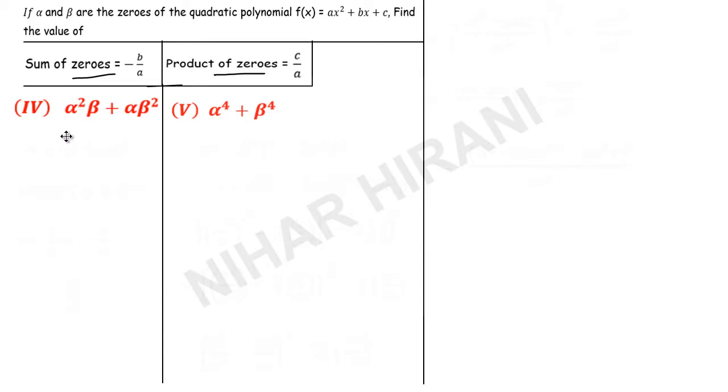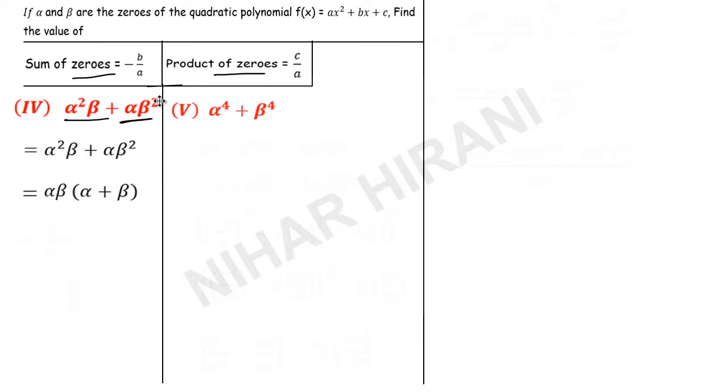So these two important pieces of information will help us to solve the question. Let us solve the fourth question very fast. So here I will take alpha beta common from these two. You can see here we have alpha beta and here also we have alpha beta. If I take alpha beta common, this will be alpha beta into bracket alpha plus beta. Why? Here we have 2 alpha 1 beta, here we have 1 alpha 2 beta. So 1 alpha 1 beta is taken as common, and I am left with 1 alpha and 1 beta.